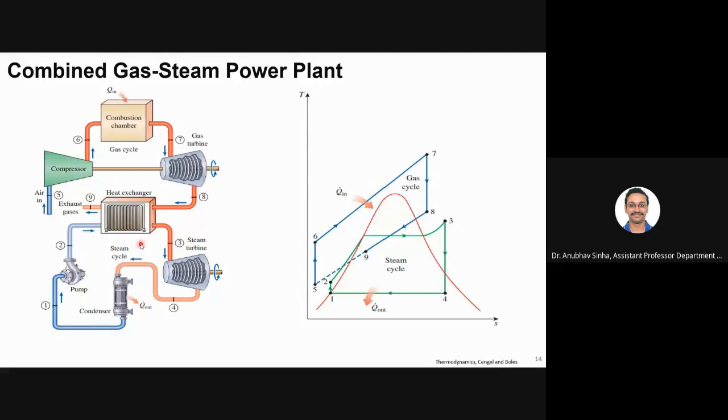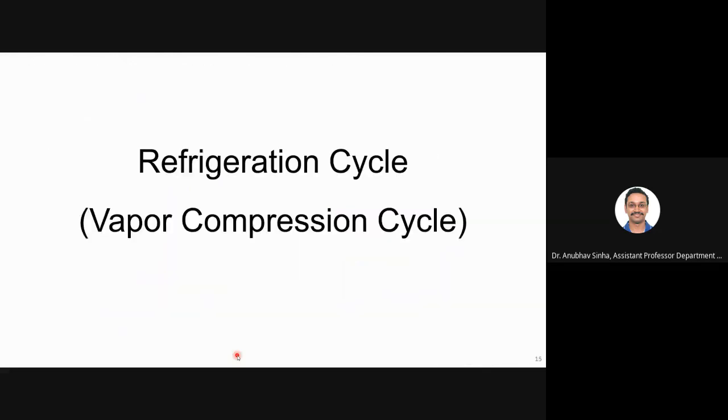Overall, we are recovering some of the waste heat. If we use such a combined cycle, then we can use some of the heat which is supposed to be thrown out, and with that we can have a more efficient cycle. Exhaust heat from whatever is written here. So with that, we'll stop for today.